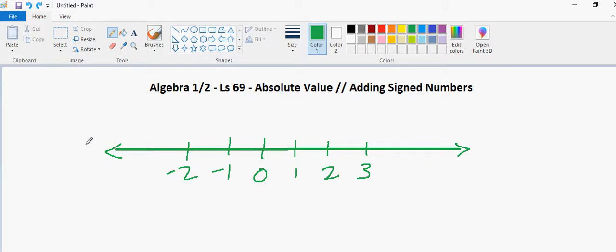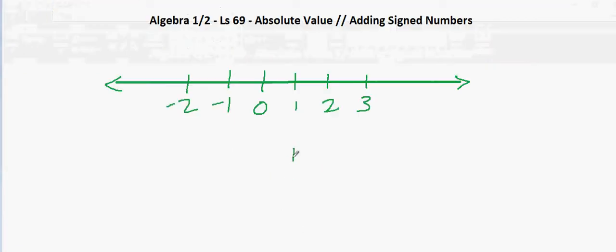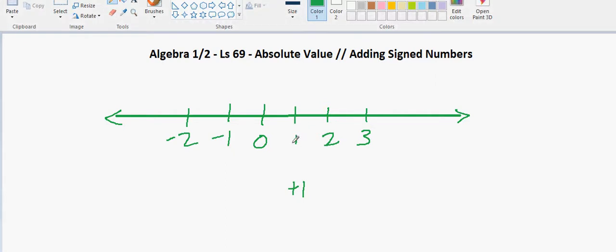Now, when we're using these numbers, we call them signed numbers. Even though this one doesn't have a sign in front of it, we know it means positive. So, positive 1 or just 1, we'll call them signed numbers. And obviously negative has a sign, and those are signed numbers. They tell us whether on the left or the right of the origin, right? And then that number, that numeral, tells us how far. So the sign tells us left or right, and the numeral tells us how far, how many gaps from the